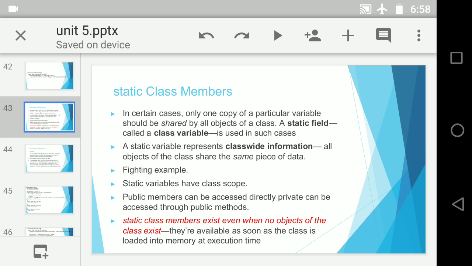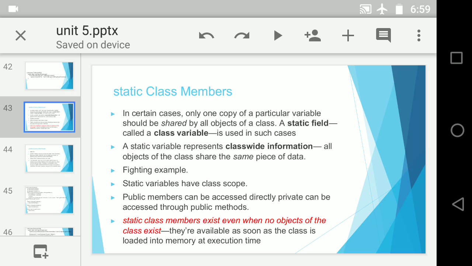In other words, if one object of a class makes changes in a static variable, then the rest of the objects will get the exact change which the previous object has incorporated. That means if any one object changes the value, that changed value is reflected amongst every other object. So that is what a class variable or a static variable is.